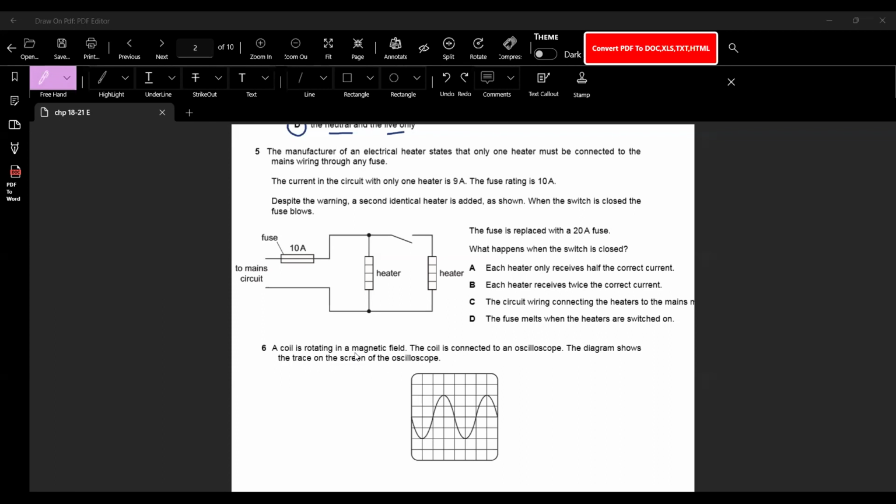Let's check. Give me a second, let me see if there is any option here to make it thin. I'm checking whether